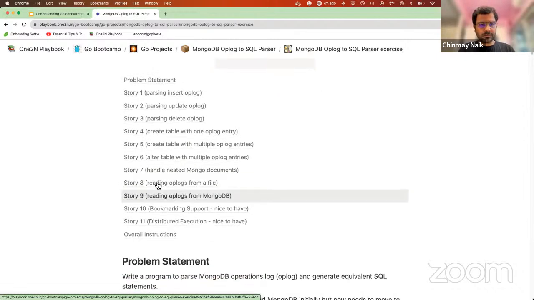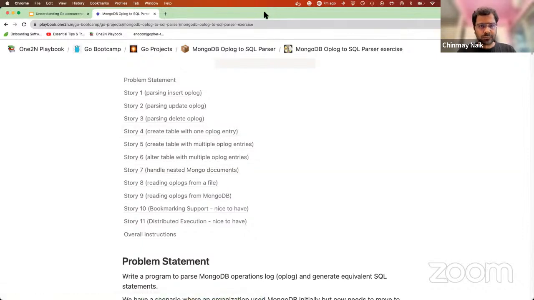Today, as far as story 8 is concerned, it is just reading the oplogs from the file, and story 9 is reading the oplogs from MongoDB. So that means whatever code we have till now was just the business logic, where we know that the oplogs are coming from somewhere, and we are just processing and transforming those to the SQL statement. So before proceeding, let me show you